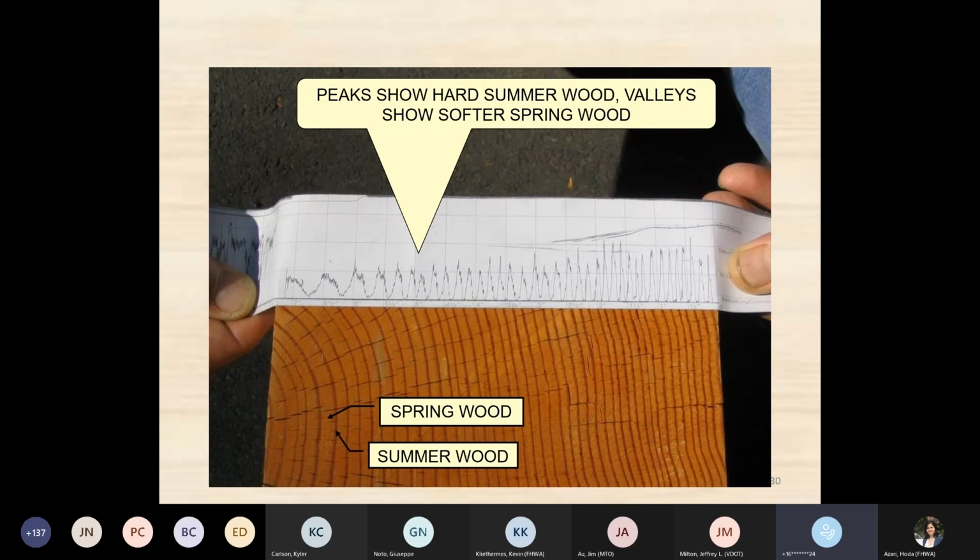So if you overlay the relative resistance plot against a piece of wood that was drilled along the same path, you can see how when the grain orientation is perpendicular to the grain, it has very nice peaks and valleys that relate to the spring and the summer wood, or the rings of the wood. And then when the grain orientation switches they space out a little bit more, but they're